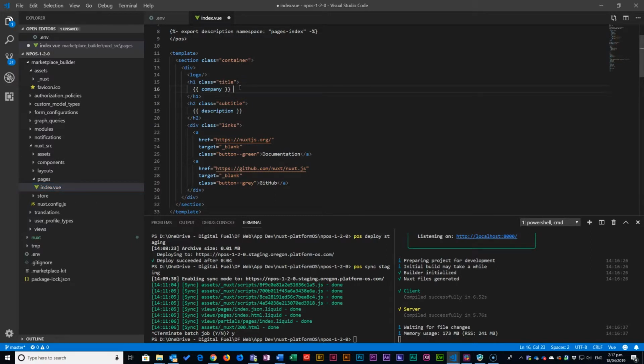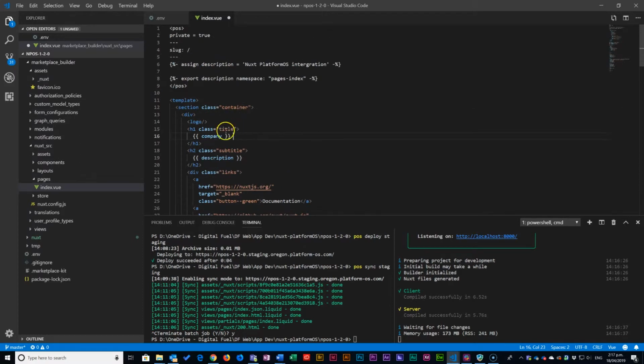We currently can't change stuff that's in the store on the fly, because it has to be uploaded to PlatformOS before that will effectively make a change. Otherwise that data won't be there. So if we add something out here, Nuxt, and we'll add in digital fuel,